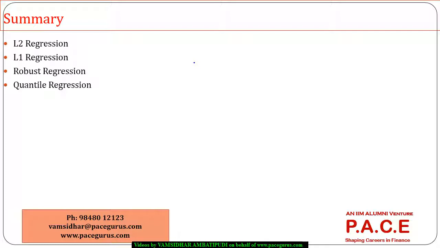So these are some of the things which I wanted to touch base upon, especially relating to boosting associated with numerical predictions. If you have any further queries regarding this, you can get in touch with me by giving me a call on the number that I have given below, or you can send an email at